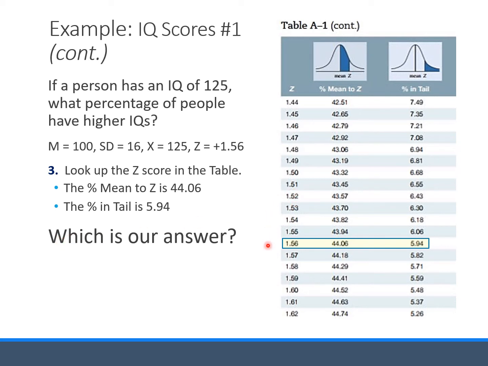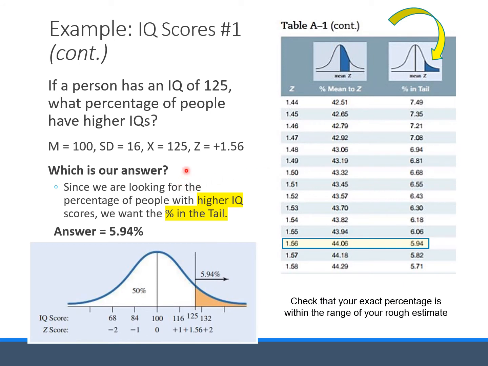Think about that for a second. We want to know what percentage of people have higher IQs. So as you're thinking about that, I want to show you a trick. We have two answers, but since we are looking for the people with the higher IQs, we want the percent that is in the tail, okay? So this part right here is called the tail of the normal curve, and we want the higher IQ. So here we have our answer,